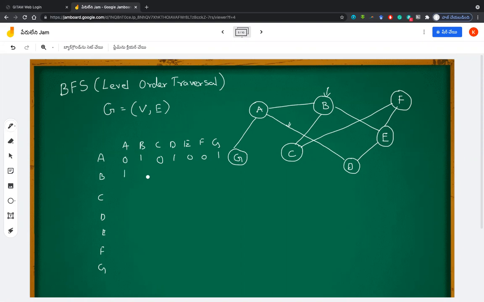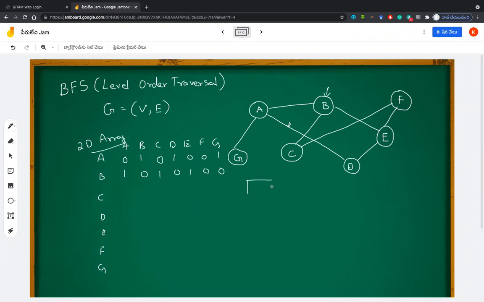So I can write 1 here. BA is connected, BE is connected, BC is connected, and is it connected to anything else? No. So we keep all zeros here. This is how you fill the entire matrix, and this is the memory that you have. This is a 2D matrix, right? So this is a 2D array. This is the real-time implementation, and the other implementation can use hash techniques.